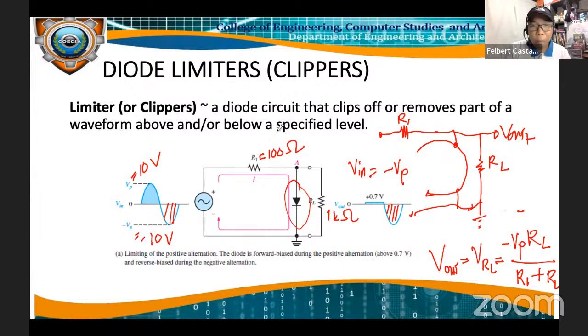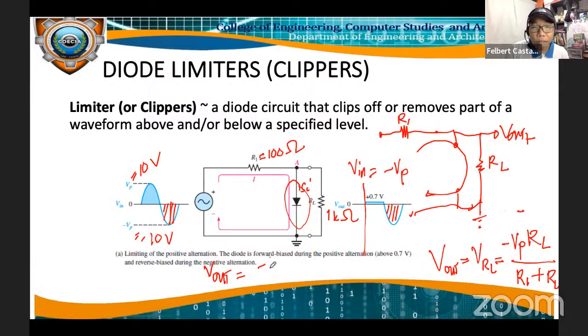Okay, nasundan ba? So doon tayo sa negative alternation kasi alam na natin na lalabas na output dito, and considering that this diode is silicon, 0.7 yung output natin. Yan, kasi isa-sketch niyo yung mismong output waveform for this type of circuit. So 0.7 yung output natin. Ngayon, we are going to determine yung level nitong output natin during the negative half cycle or negative alternation. So negative 10 volts, may formula na ako na binigay. So yung output na mababasa natin. So V out is equal to